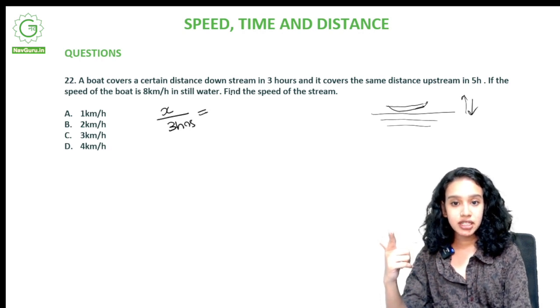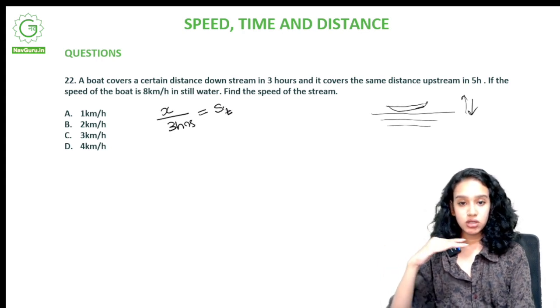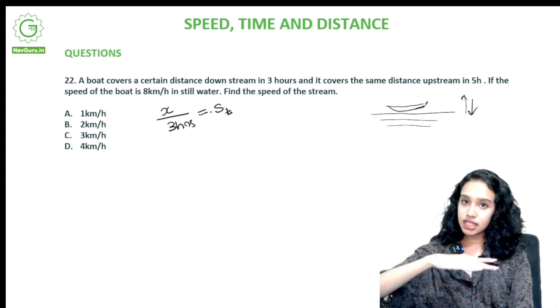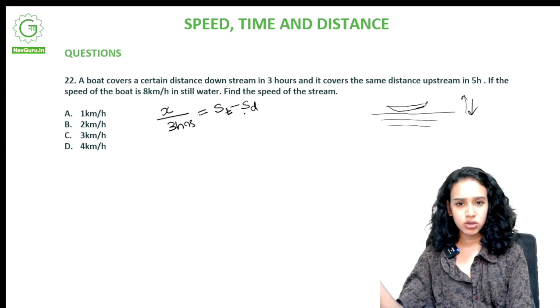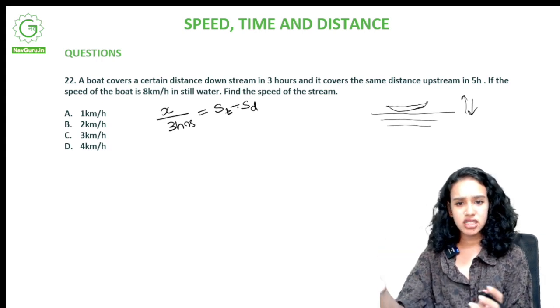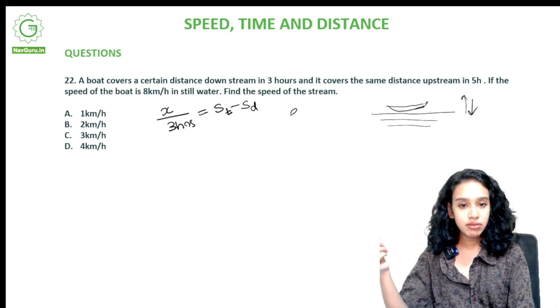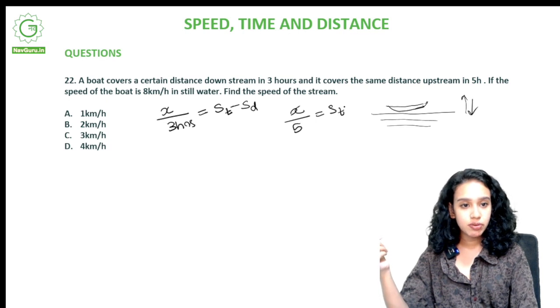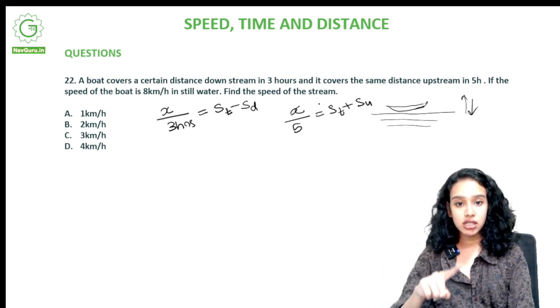And what is the speed here? Let's say ST is the still water speed, and we'll subtract the flow of downstream water. Subtract or add, you could do anything. The answer will change accordingly, just the signs. You will still get the answer. Now, we have the same distance covered in 5 hours when it goes upstream. If the speed of the boat is 8 km per hour in still water, so ST